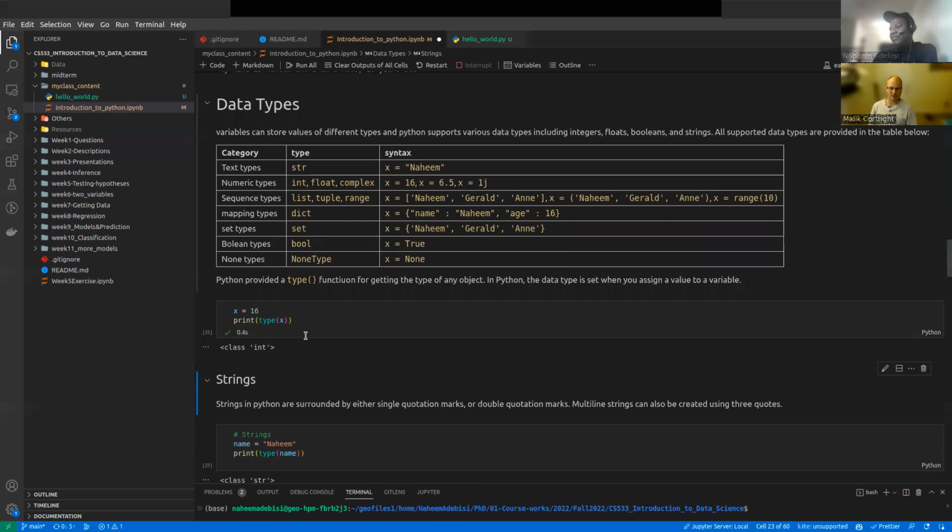So the same, that makes sense, right? We can change this to a list. Let's say 12, and the class is a list. So there are different data types, and